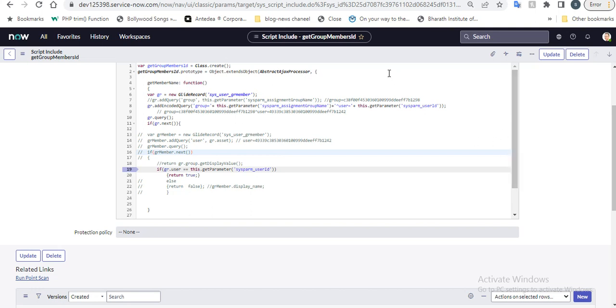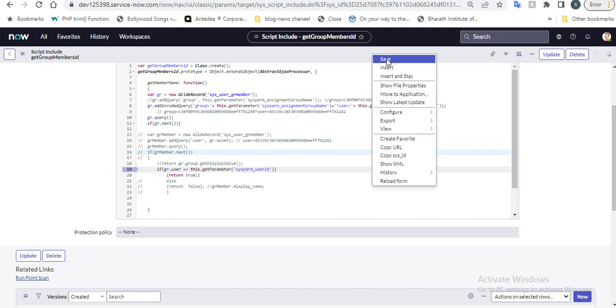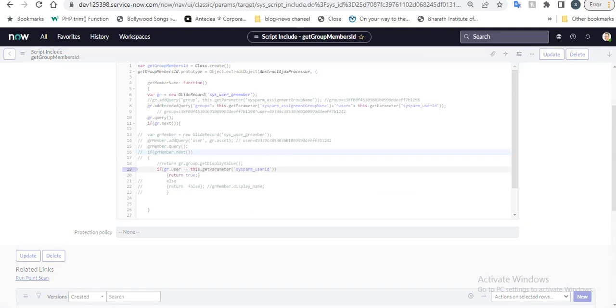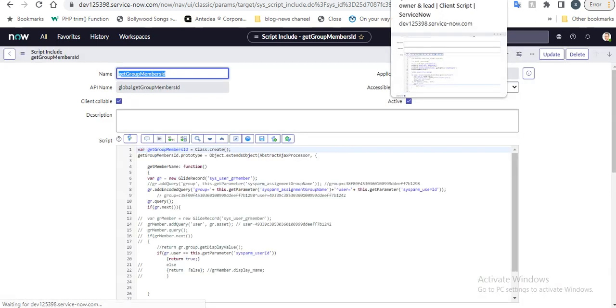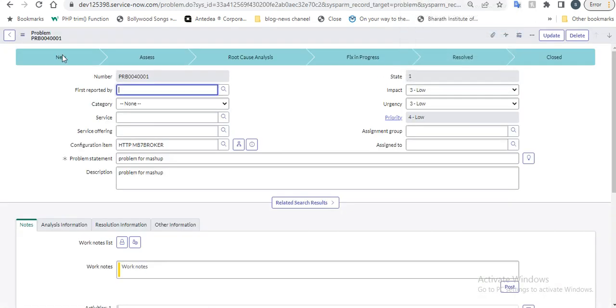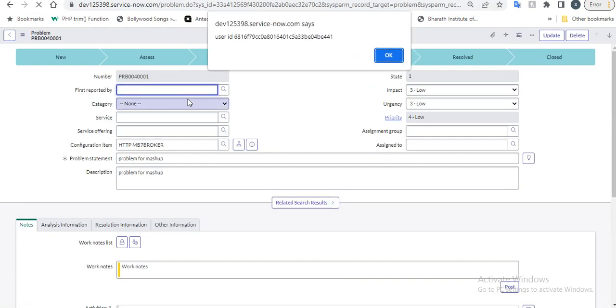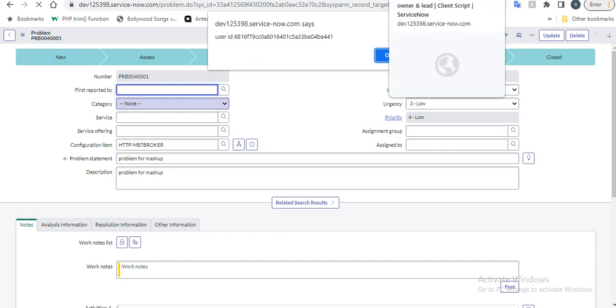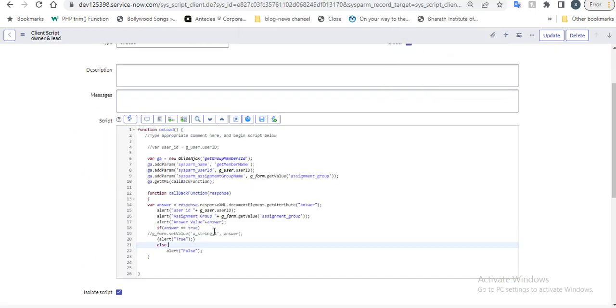Okay, that's fine. Let me save this. Now try to refresh this. Yeah. So if I wanted to see the username here,